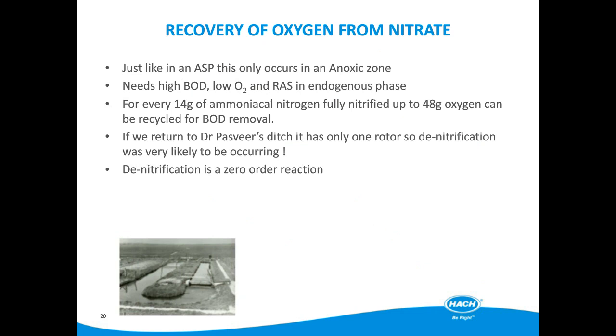Moving on to denitrification. Just as in a BNR plant, oxygen can be recovered from the nitrate formed in the nitrification of ammonium load by the use of an ANOXIC zone within an oxidation ditch. For example, if there was 14 milligrams per litre of ammonium as N present in the inlet, then this would be fully nitrified, which means of course there is still 14 milligrams per litre of nitrate as N present in